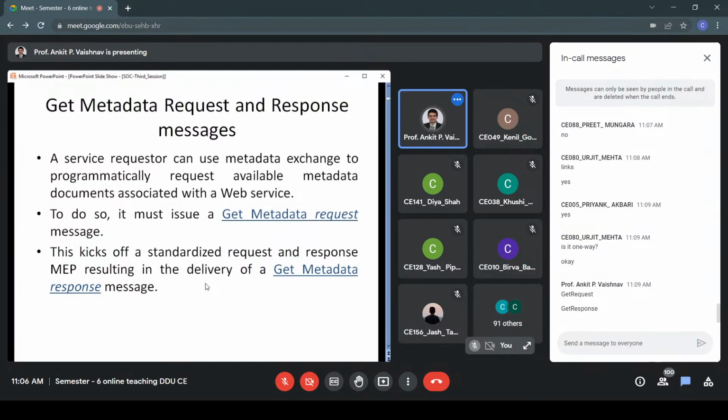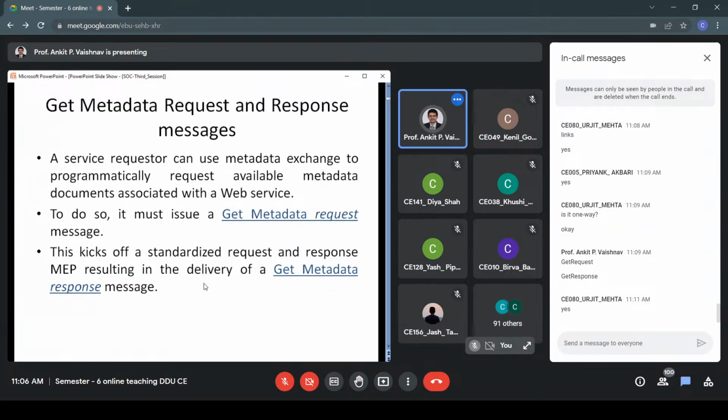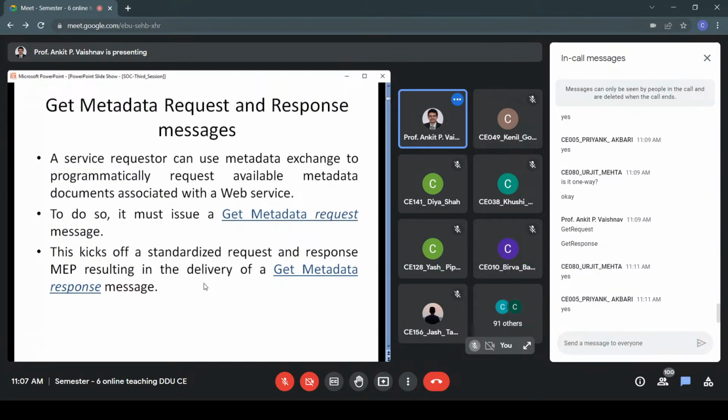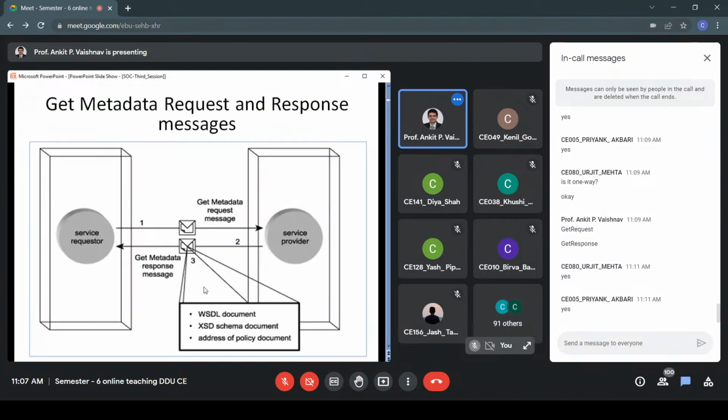It is also possible that the response might be delayed. Is it possible or not? You might not get a response immediately, right? What if that provider is busy serving some other requesters? Or what if the size of metadata is somewhat larger, so it would take time to gather that? So it will not be an immediate request response, but ultimately it will be request and response, finally.